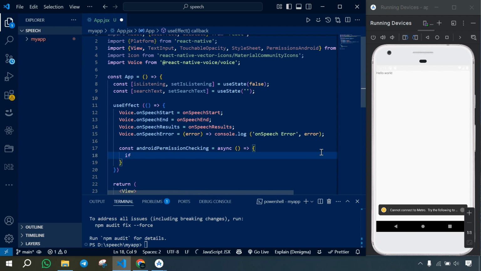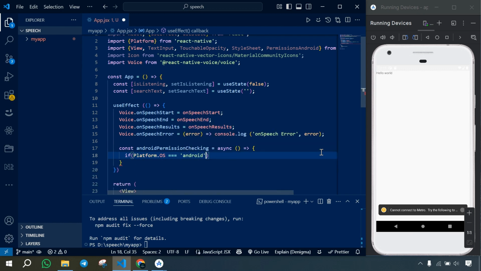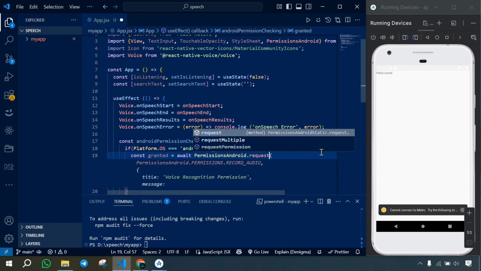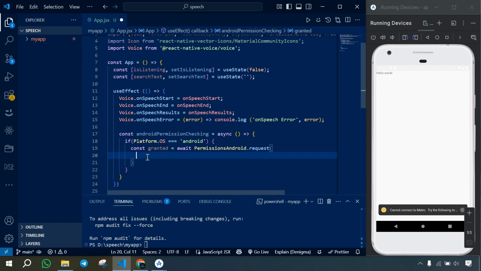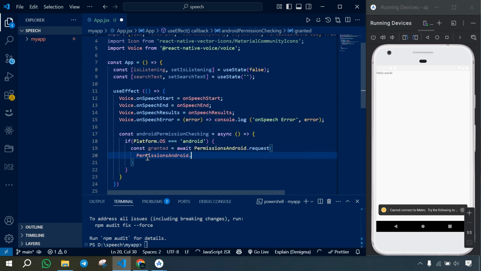Here we need to type if Platform.OS equal Android, const granted equal await PermissionsAndroid.request, then here we need to type PermissionsAndroid.PERMISSIONS.RECORD_AUDIO,